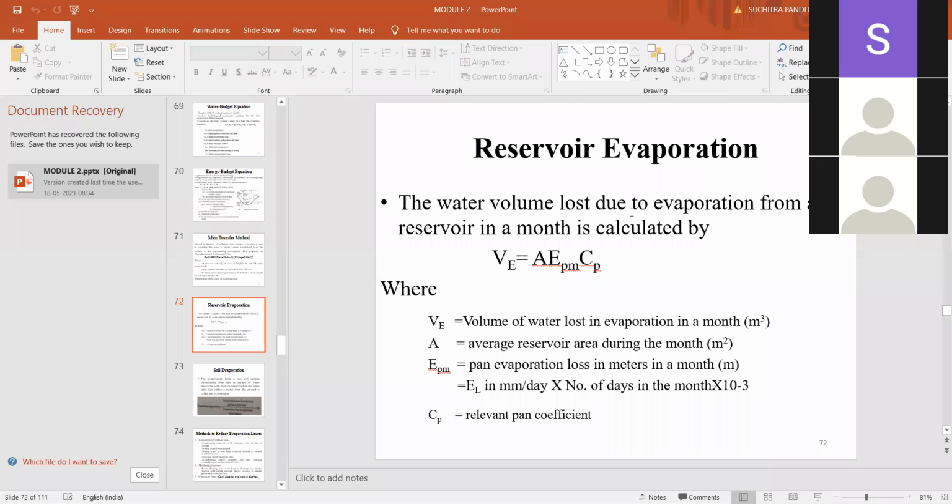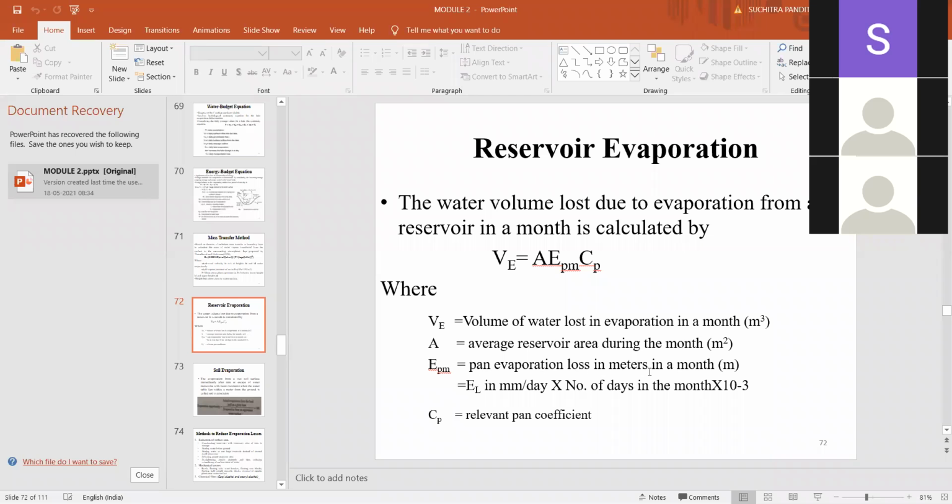The water volume lost due to evaporation from a reservoir in a month is calculated using the equation: the volume of water lost, W, is equal to A into EPM into CP, where W stands for the volume of water lost in evaporation in a particular month in million cubic meters, A is the average reservoir area during that month,